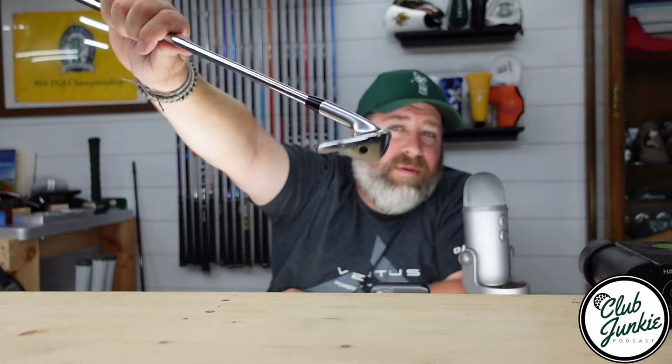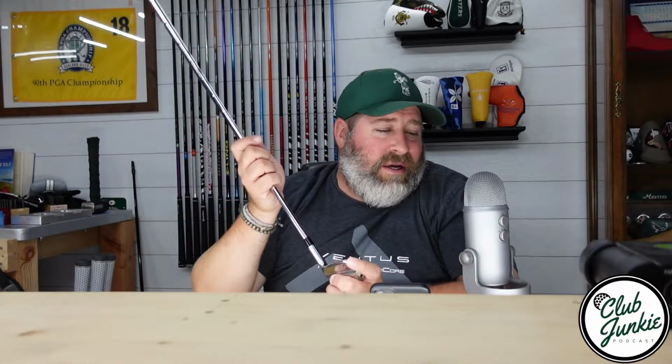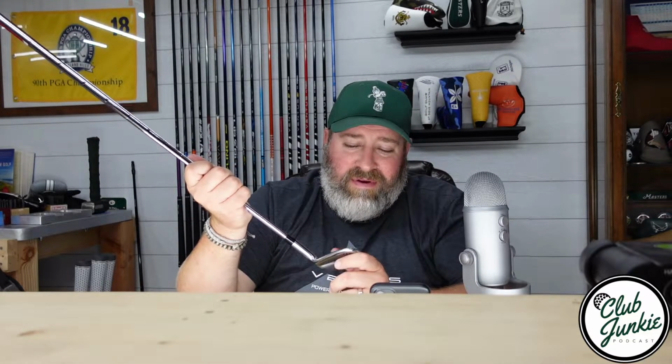And if you looked at the 101 and said, hey, I like everything about it, I just wish it was a little bit smaller, and I'm not quite in the 201 territory in terms of having the one-piece forged cavity back, I'd like a little more distance, a little forgiveness. Here is the 101T, and it's interesting because I've hit